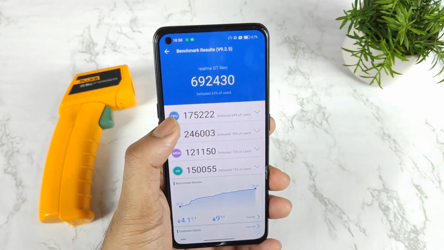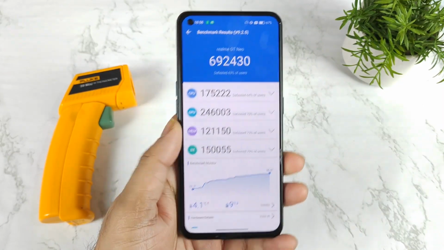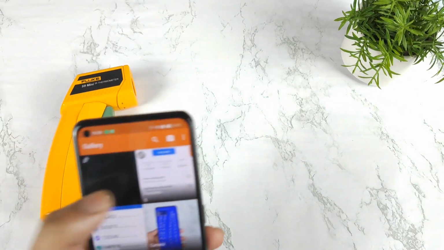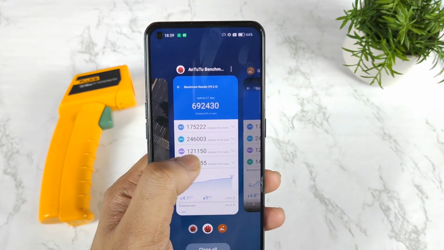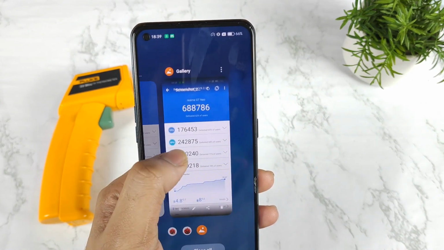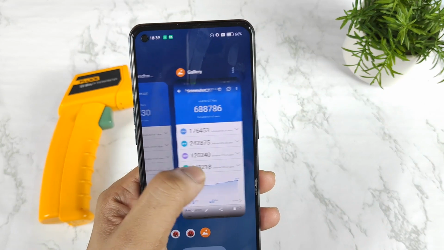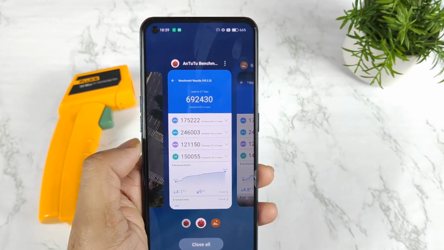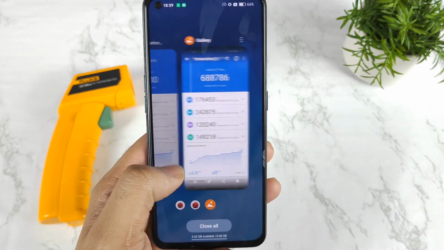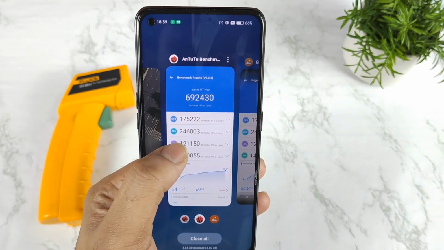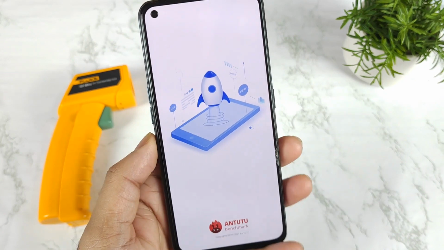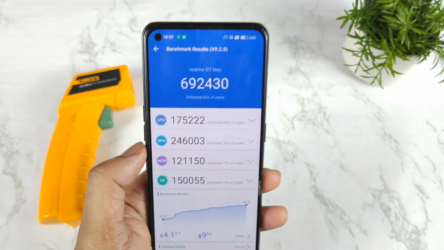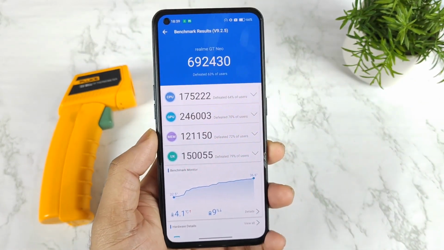Overall score, as you can clearly see, CPU and GPU. Let me show you the graph which I took before and later. Right now, look at the GPU score. GPU now became 246 and before it was 242. So the GPU got slightly increased, friends, compared with the before score without any kind of RAM expansion. These are the results we got. The GPU increased by 4,000 to 2,46,000. I think this might be the highest. Before it did reach up to 2,45,000 or 44, but not 46.